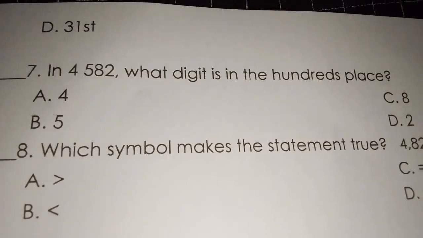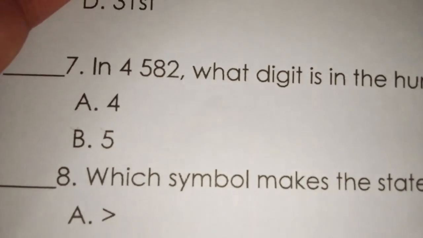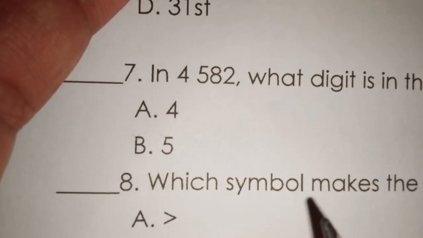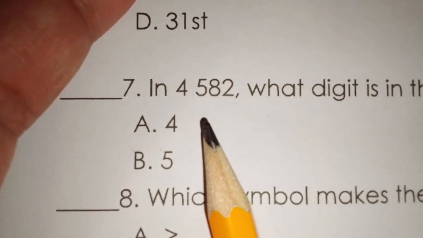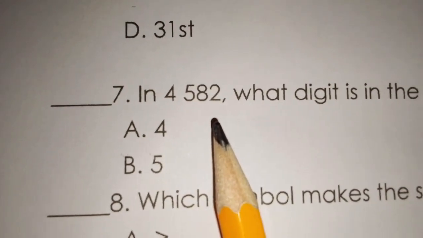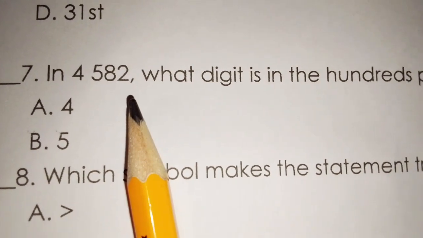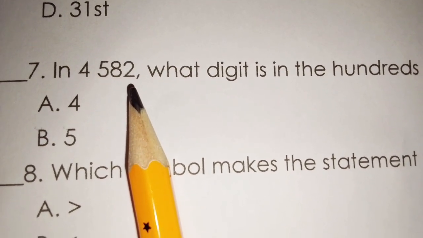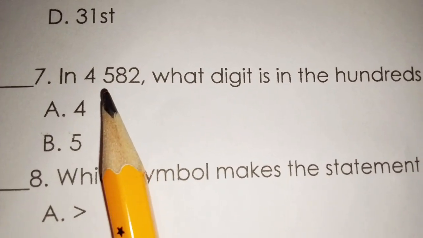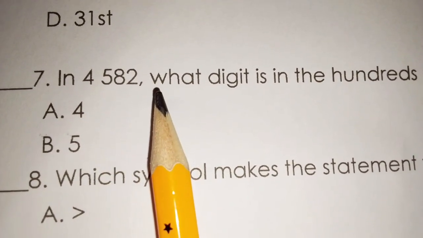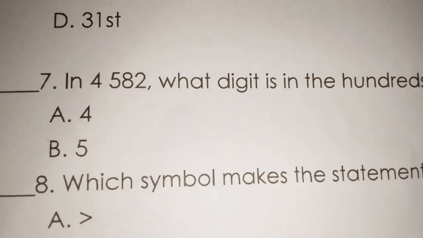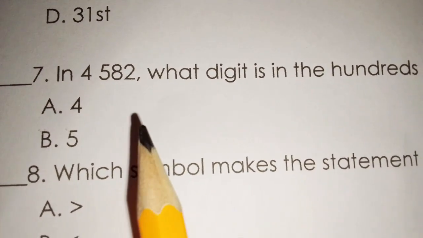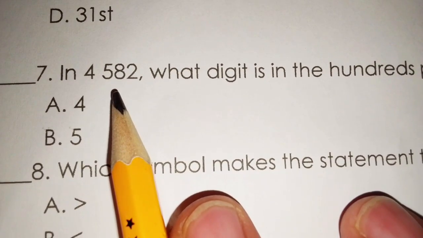The best thing here is to focus on the given number. Remember, guys, that in school we're taught by our teachers that in this number, from the right side, the first digit is the ones, then the tens, the hundreds, and the thousands. So therefore, if this is asking where is the 100, this is pertaining to the 5. The 5.